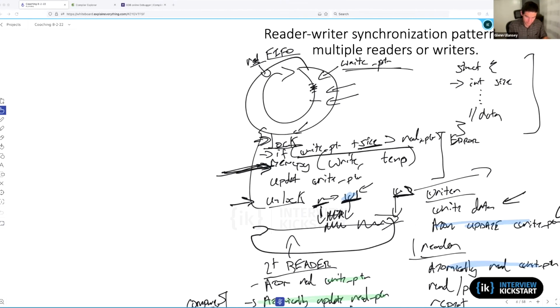Here I said if write pointer plus size is greater than read pointer. But what happens if it's equal to? Is there a possibility that there's some edge case where the equality or greater than or equal to check is incorrect, and that results in a bug, which could be a synchronization bug or could just be a functional bug? So finding a way to force the write pointer to equal the read pointer,